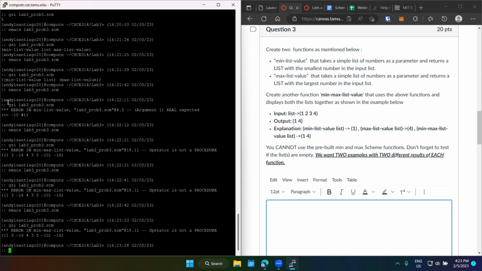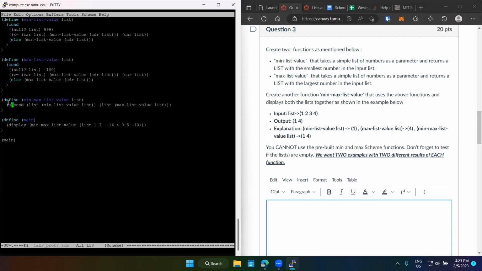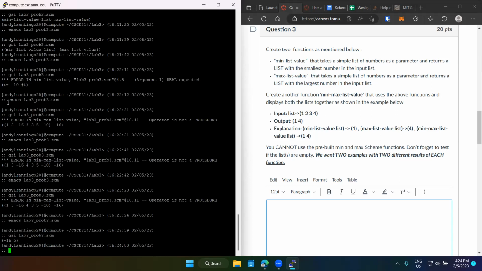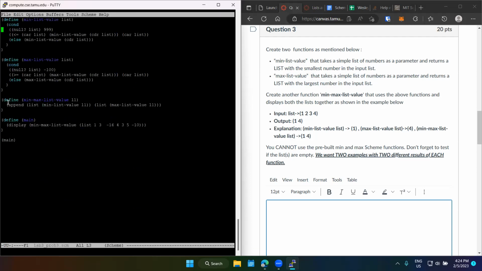That's weird. Operator is not a procedure. I think it doesn't like append for these. Wait, hold on. Does append work with scalars? I think it's because list is a reserved word. We shouldn't use list as a parameter, because then we're calling it as a function here, but it's a parameter here, and it doesn't understand that. There we go. Okay. Nice. Good stuff. Perfect. Okay. What do we want to do about